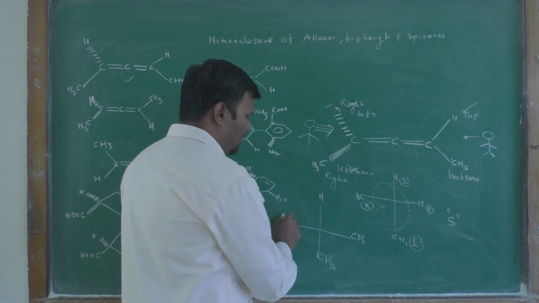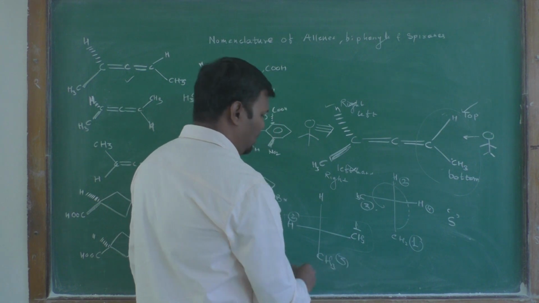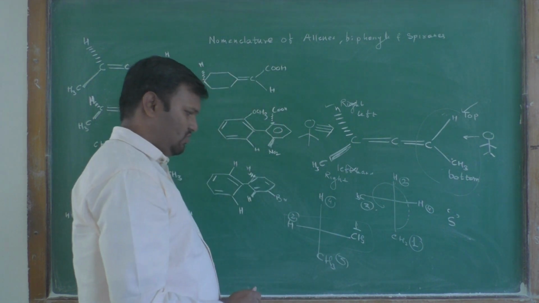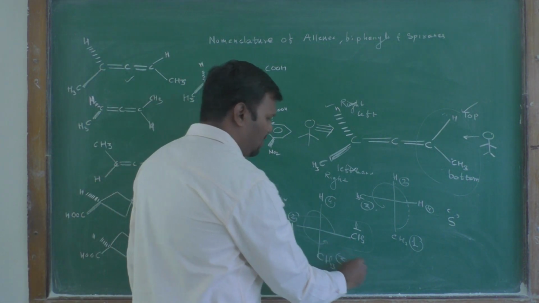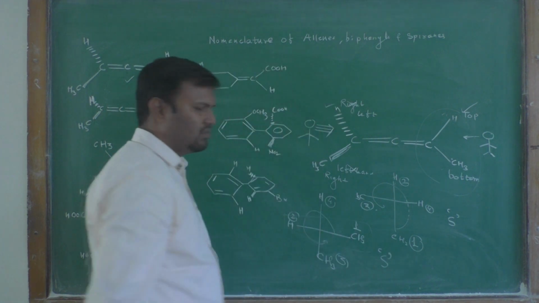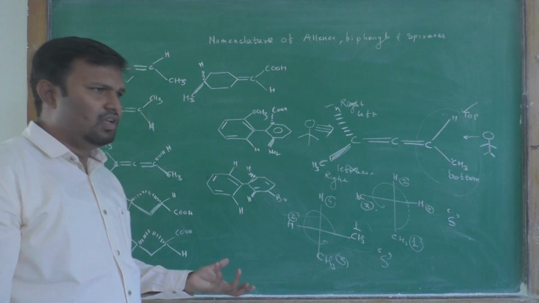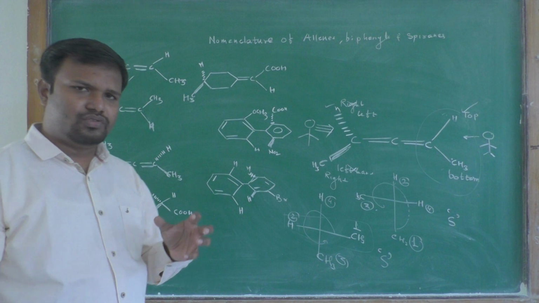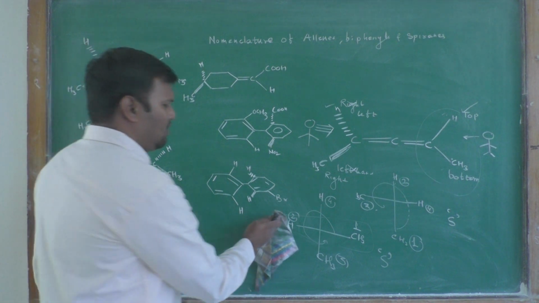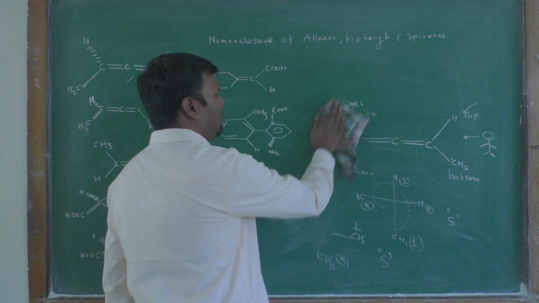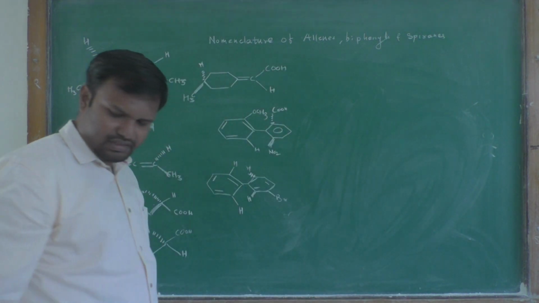Therefore, for the horizontal lines you have to give the priority first and second, then third and fourth, then rotate 1, 2 and 3. You will find the one and the same configuration. From anywhere you look at the molecule, the configuration should not change. You have to remember these things. That is the first example we have taken for the study. Some other examples we will take and discuss.